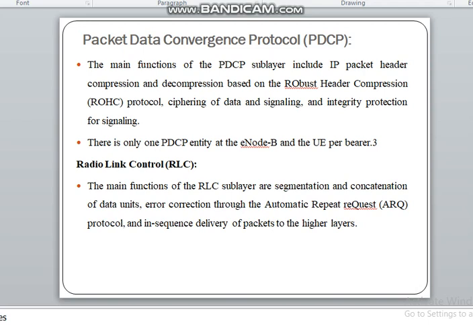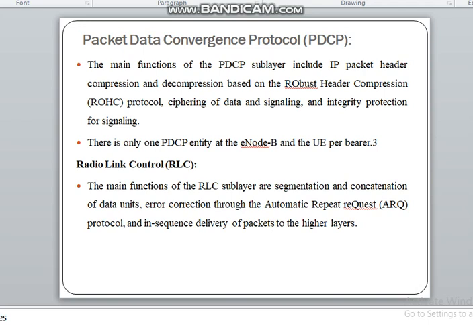The transmission of data through the layers, security related information, and the ciphering of data and signaling, everything is managed by the PDCP protocol. And there is only one PDCP entity at the evolved node B and the UE.